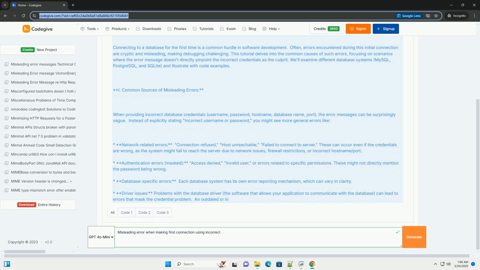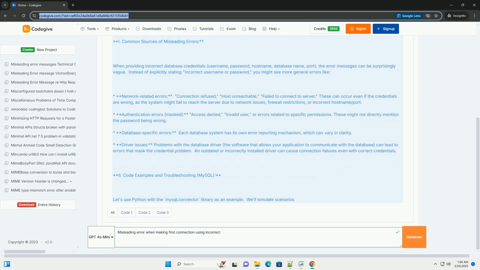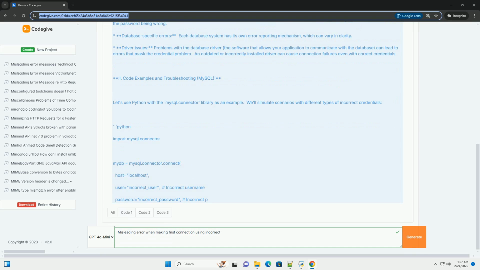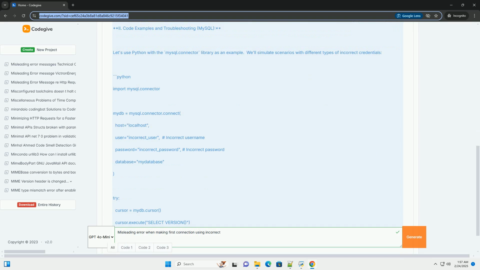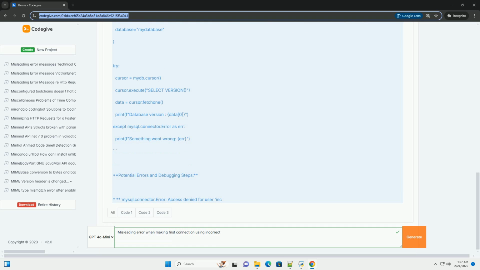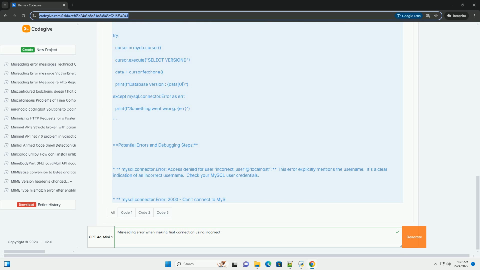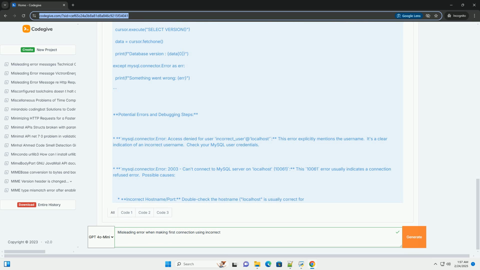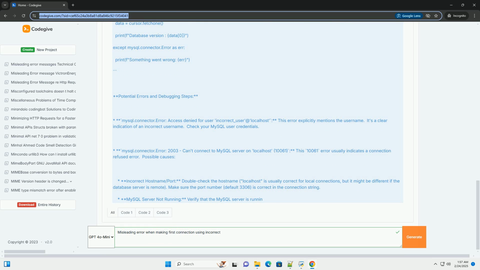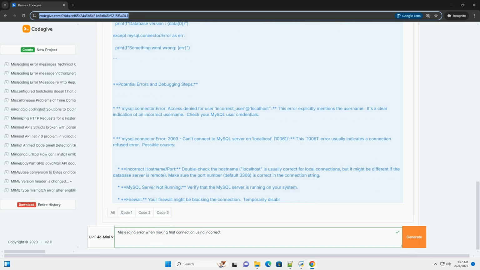We'll examine different database systems, MySQL, PostgreSQL, and SQLite, and illustrate with code examples. Common sources of misleading errors. When providing incorrect database credentials, username, password, hostname, database name, port, the error messages can be surprisingly vague. Instead of explicitly stating incorrect username or password, you might see more general errors like